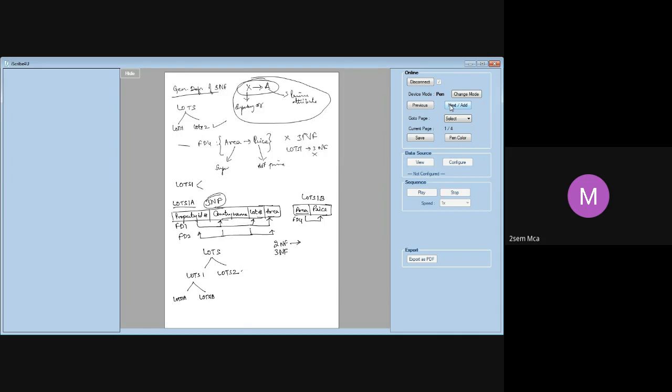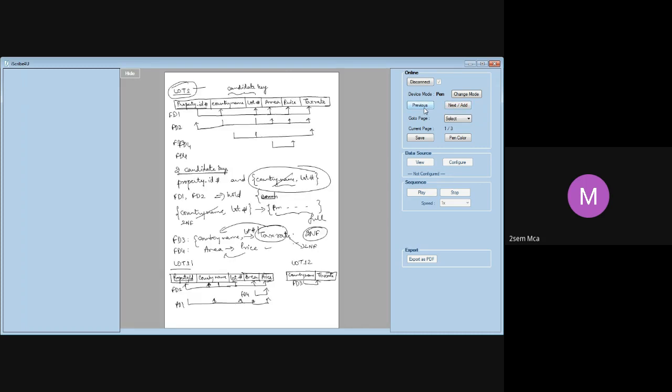General definition of third normal form states what? A table is said to be in third normal form if for a particular dependency X determines A, either X should be a super key or A should be a prime attribute of R. So we took this example. Let me go back to this. Let me summarize. We took this one particular example to prove the general definition of 2NF and 3NF. This table is already in 1NF, so no issues with respect to 1NF.